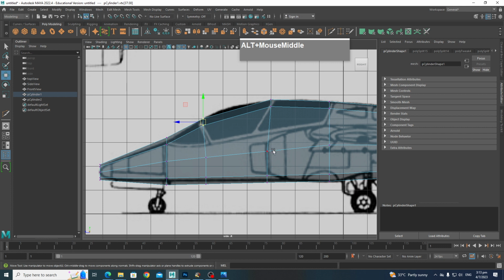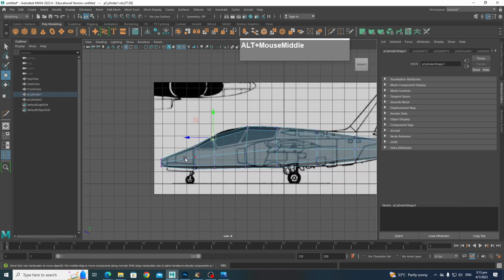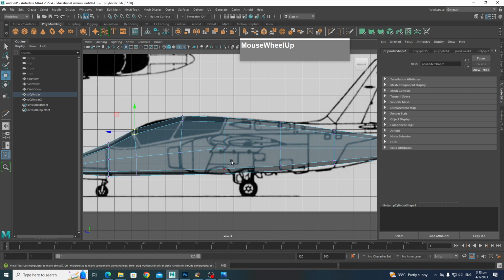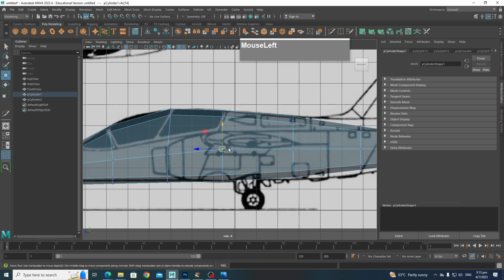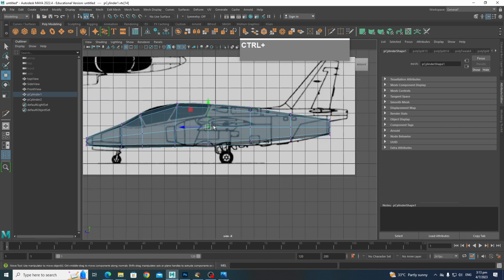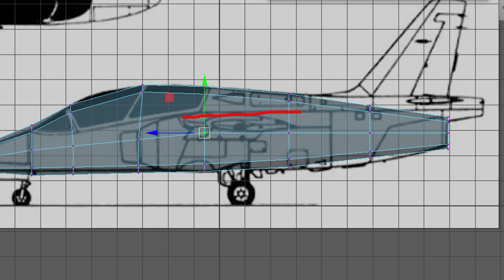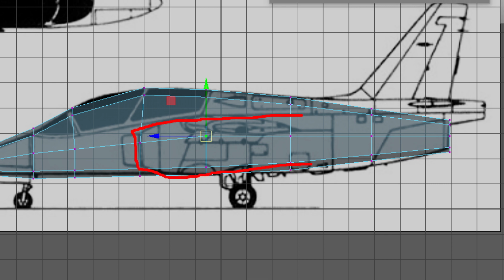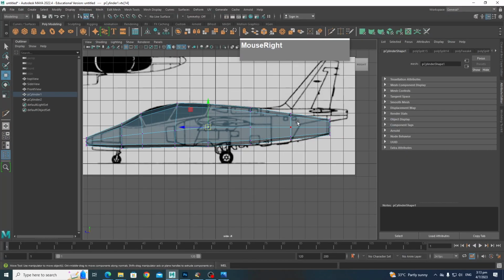So at this stage, we are still blocking. We are not adding details like the canopy and all that. So right now we can start to move the vertices so that it starts to form the rest of the shape of the aircraft. For example, you can see here on the side, it forms the jet intake. Alright, so this is the part where we need to insert more edge loops and also select the faces to extrude out the